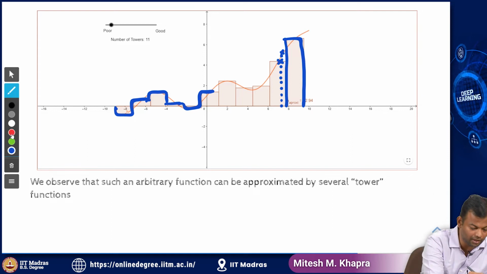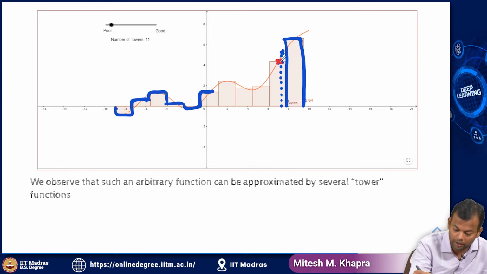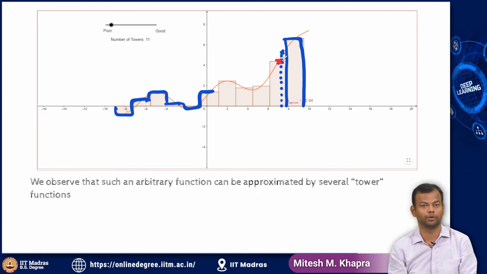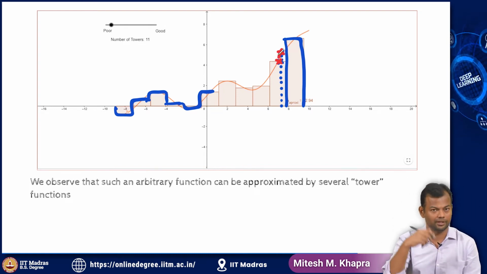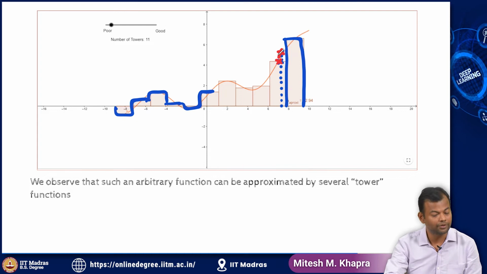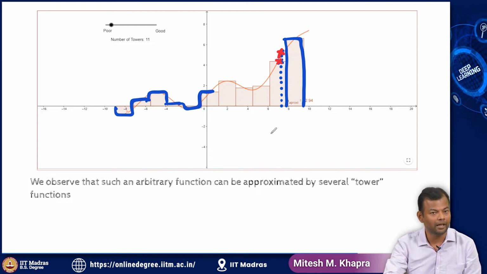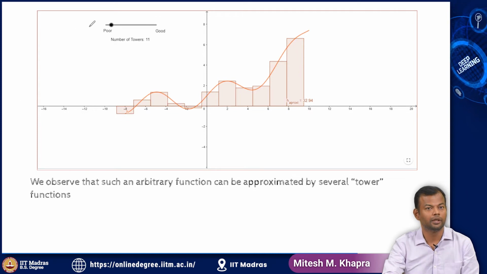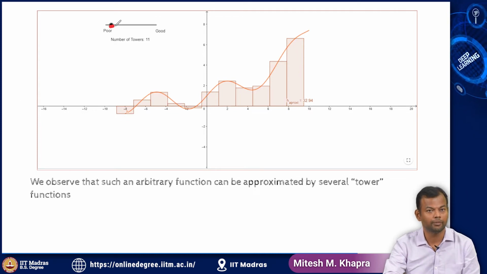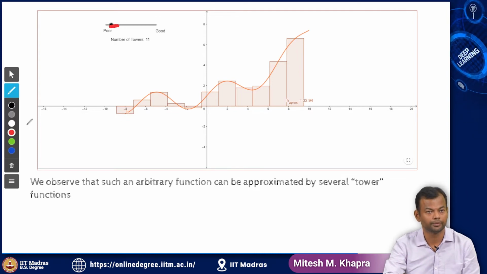Let me just change the color. So this is what my approximation would predict, but the actual value is this. So there's a gap. But now, interestingly, if I've used a certain number of towers here, and let me just delete this, now if I increase the number of towers,